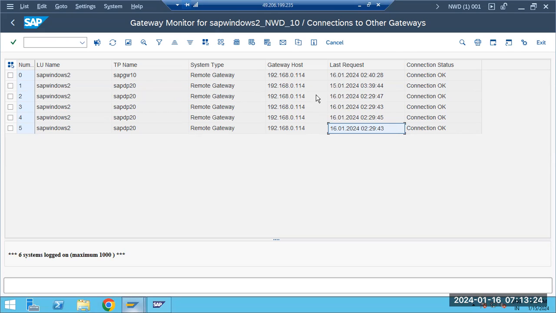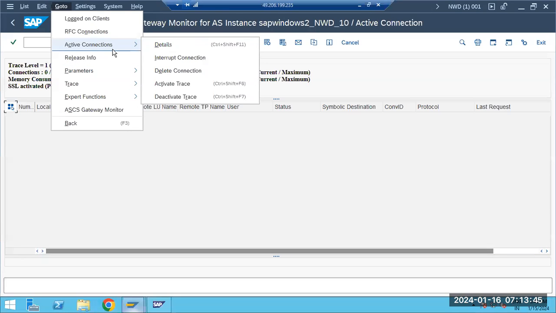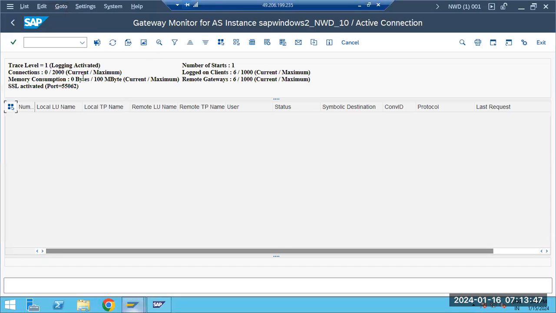Both systems have the same IP address. Remote gateways let us see the other gateways in the systems. If something goes wrong, we can delete it here, or check it here. If we go to the active connections list here,